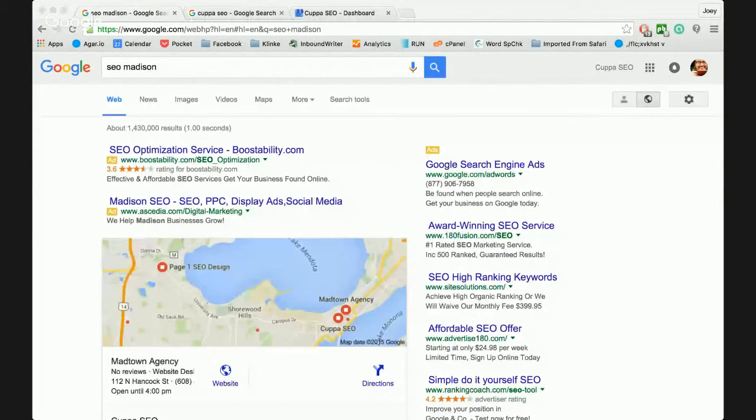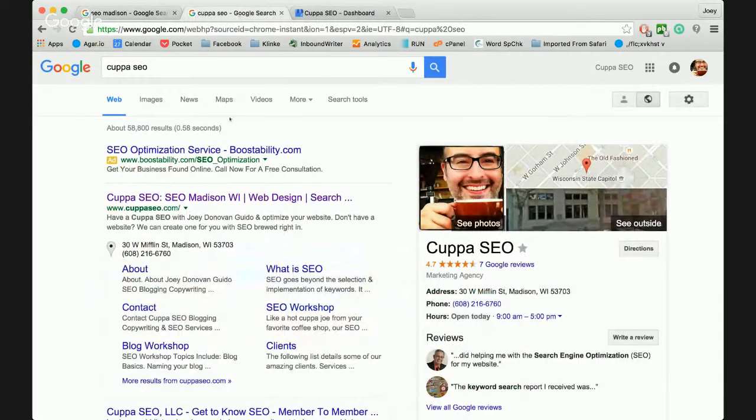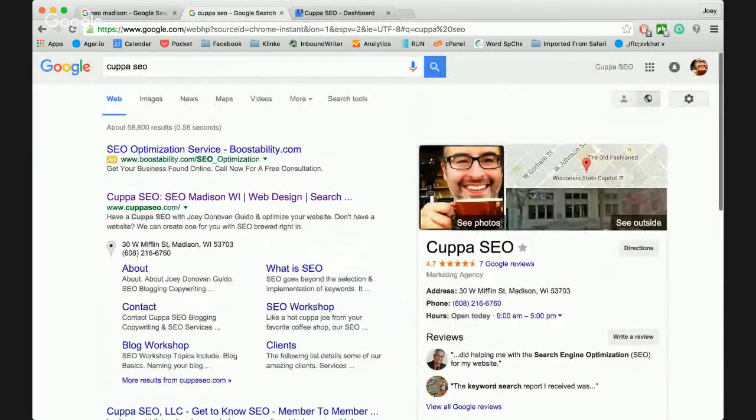All right, so I see we have no questions. Let's move on to why this is important. While we do that, I'll give you a look at what it looks like if you click on Cuppa SEO. This is what you'll see. If everything's populated well, on the left-hand side there's all this robust information about contact, a blog, workshop.